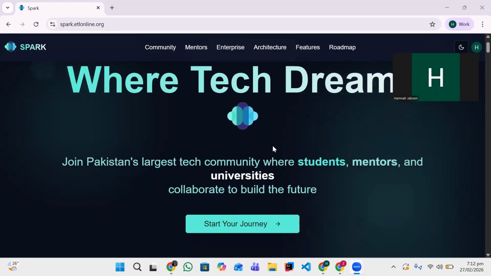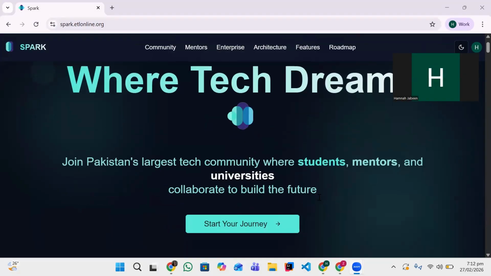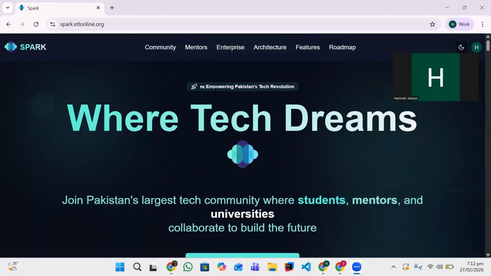So what is Spark? Spark is actually an ETL-built ecosystem. It is a community platform where students, mentors, and university faculty can collaborate with each other, and students can gain guidance from mentors. They can get mentorship. They can get their queries answered. It is basically built to bridge the gap that exists between students and the industry alignment, to bring students onto the industrial scale. So in today's session, I'm going to be showing you the features that have been implemented so